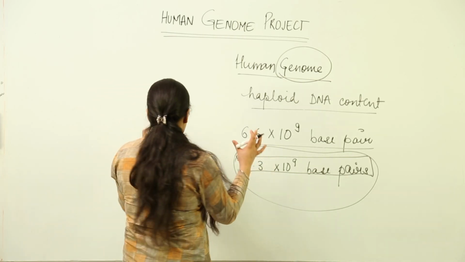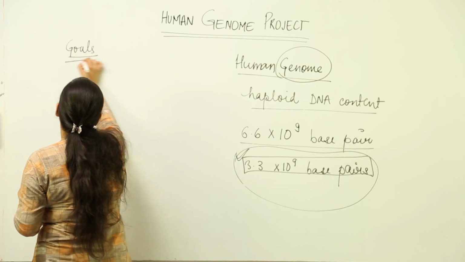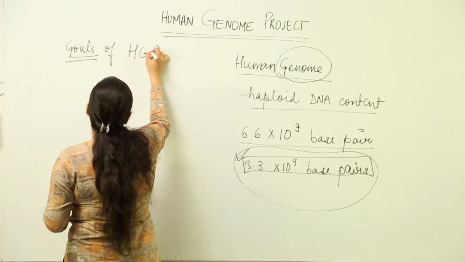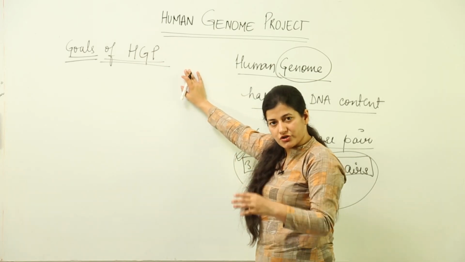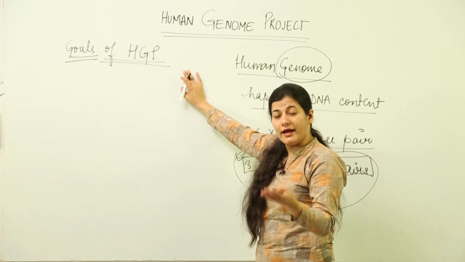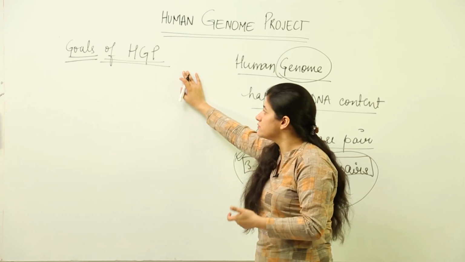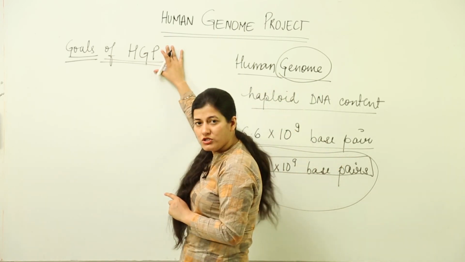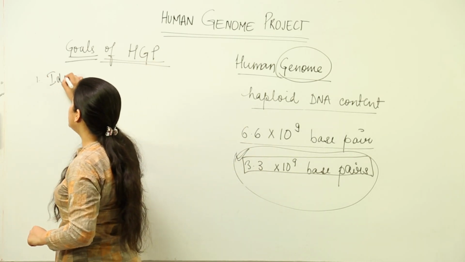We talk about methodologies, but before that we have to talk about the goals of HGP. It is abbreviated as HGP, that is Human Genome Project. The developed world countries like Japan, Germany, US, UK contributed to this, with their intelligent manpower, and apart from that they contributed with their economic strength as well in terms of money. So, they invested both manpower and money in this Human Genome Project with the goals which were, first of all, they had to identify